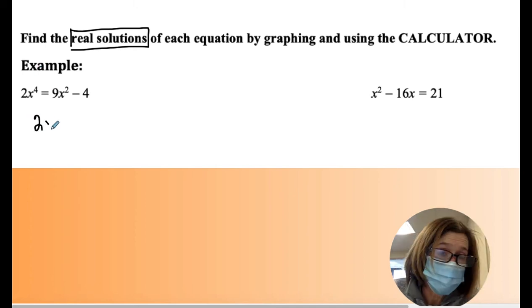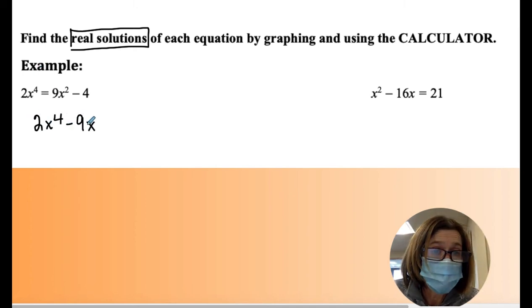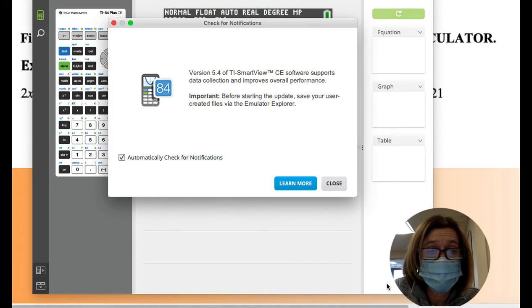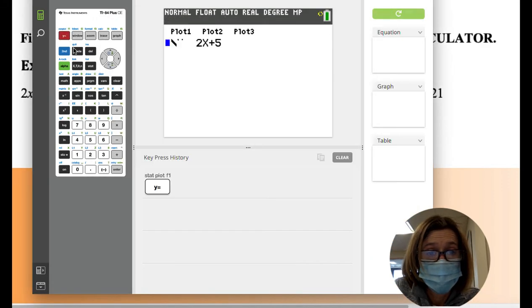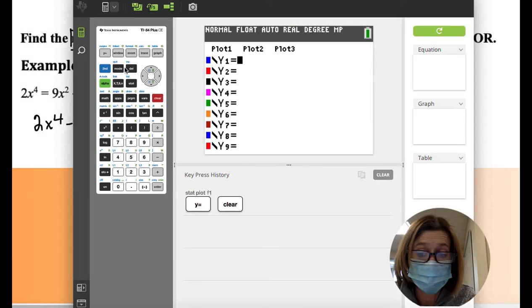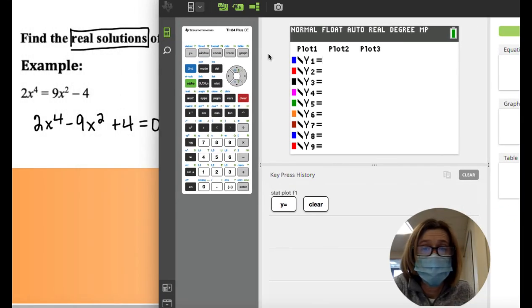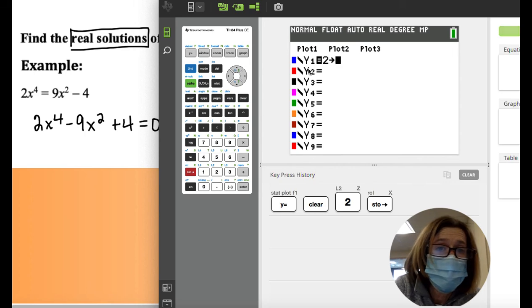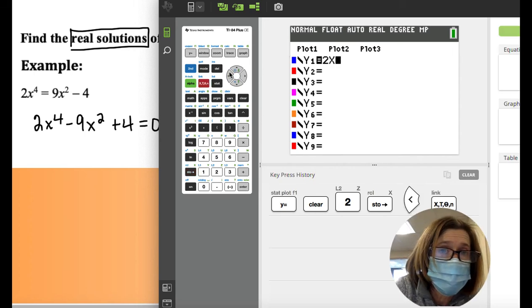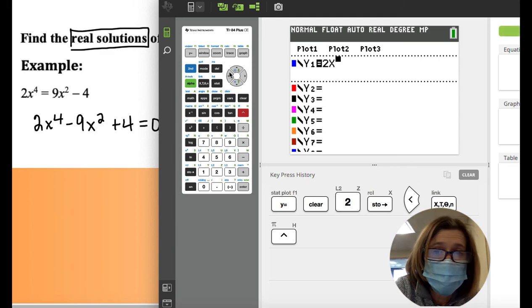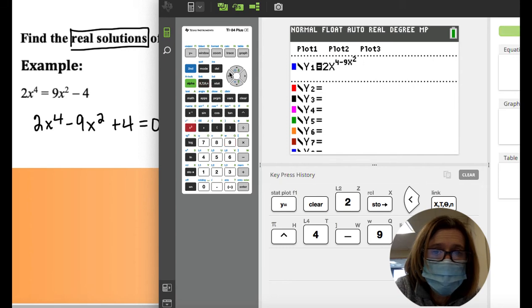All right, so here we have a polynomial equation because we have our degrees here that we can see that makes it a polynomial. So I'm going to put it into standard form by subtracting. Okay, and now I'm going to grab my calculator. All right, here we go. I'm going to put that into my calculator. Let's see, I got something in there already. But I'm going to put in 2x to the 4th. I'm going to use the caret button. Minus 9